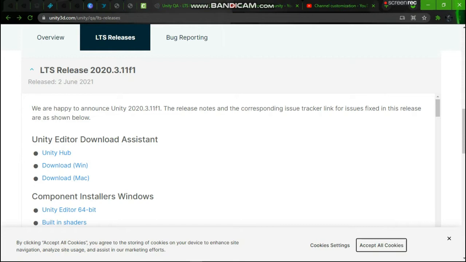I would advise you guys to use the 2020.3.11 LTS version because it is more stable for beginners and even professionals. You shouldn't be using the beta or alpha version. You should use the LTS version. For those of you that don't have this exact version on your PC, you could use higher, but don't use lower. But I personally would advise you to get the same version this community will be using, which is this version, Unity